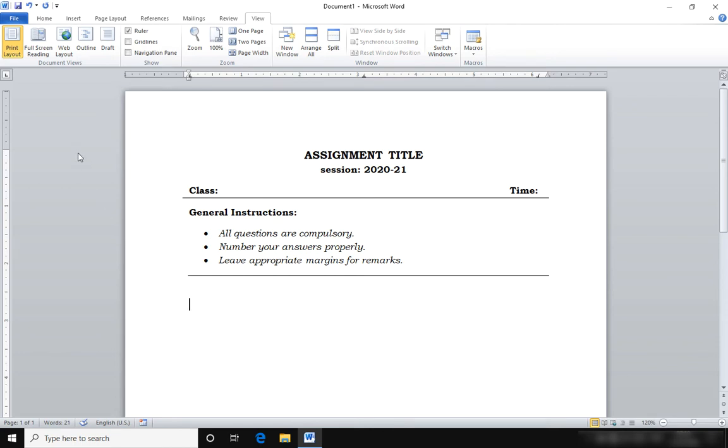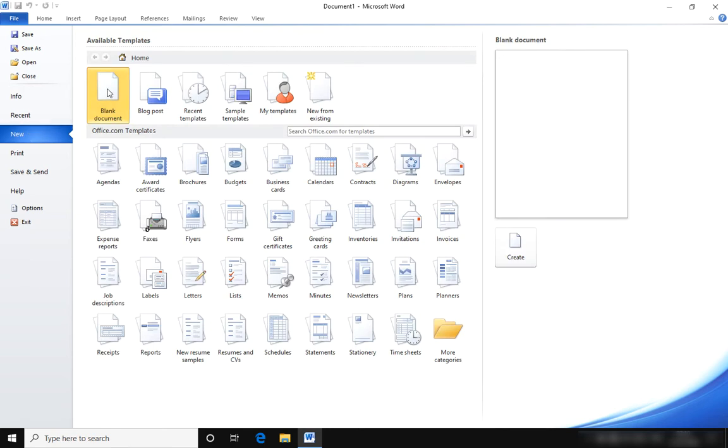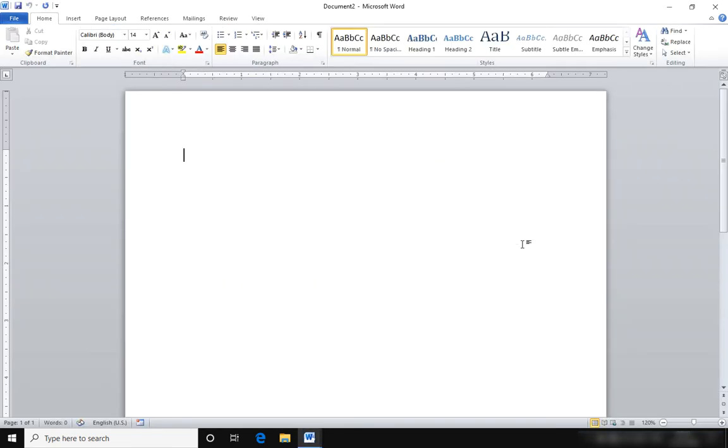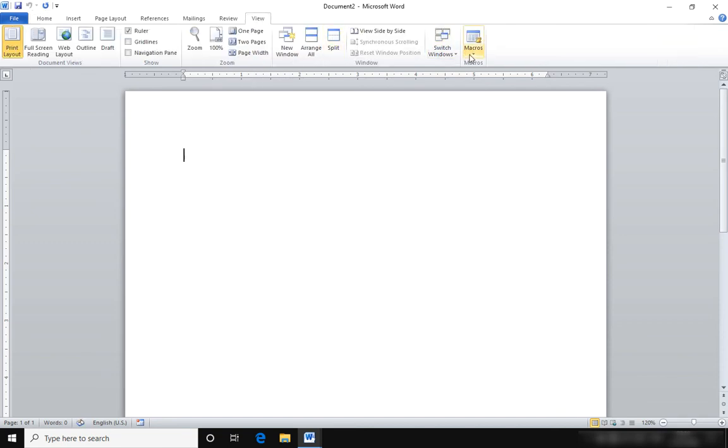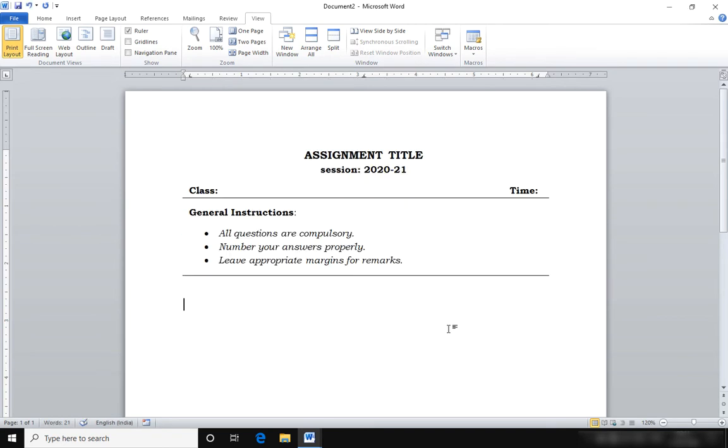For this, I will click on File and New Blank Document. I will click on Create, and here I can go to the View tab. From the macros down button, click on View Macros. Select the macro from the list of macros. You can see the description of the macro to know about what it does. Now click on Run. It will have its effect at the position where you are working now. And you can see the whole task is now done automatically.